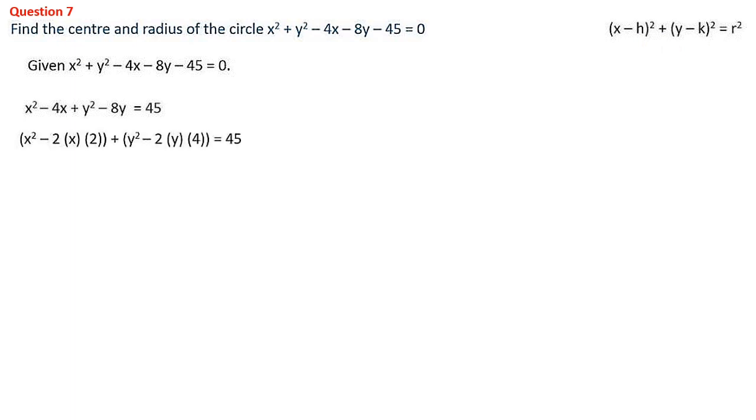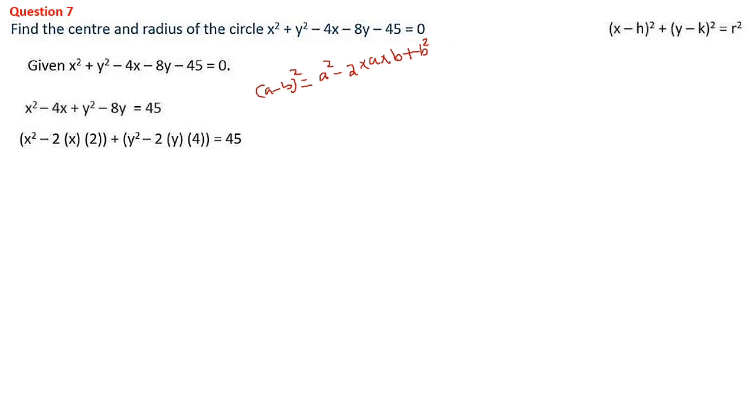So what we can do is, by using the identity, if you check a minus b the whole square, what will be the expansion? a minus b the whole square is equal to a square minus 2 into a into b plus b square. This is the expansion. So if you want to use this identity, there should be an a square term, minus 2 into a into b term, plus a b square term.